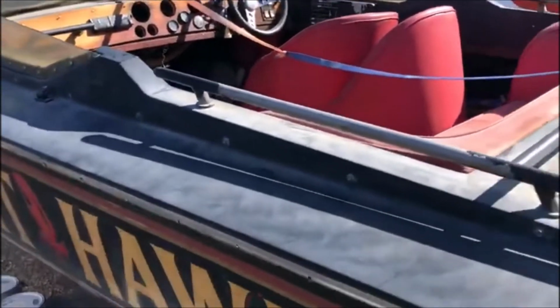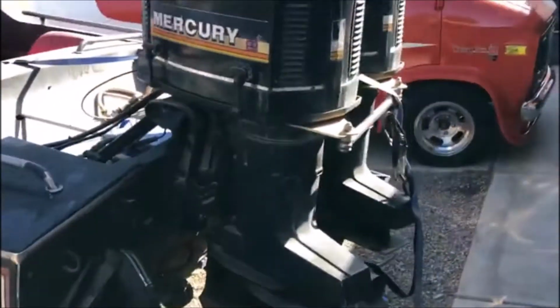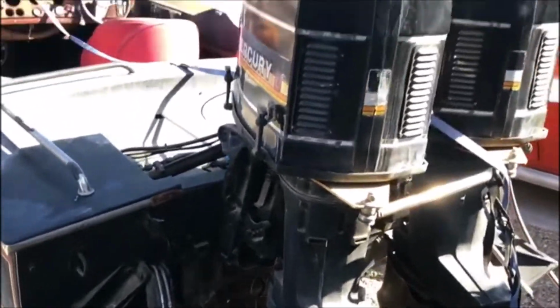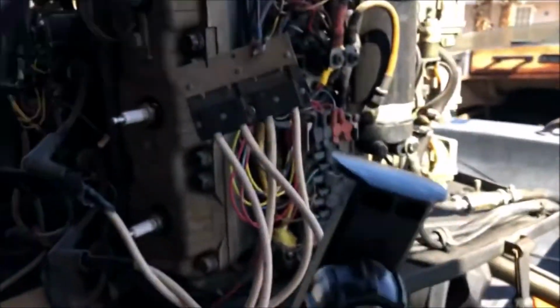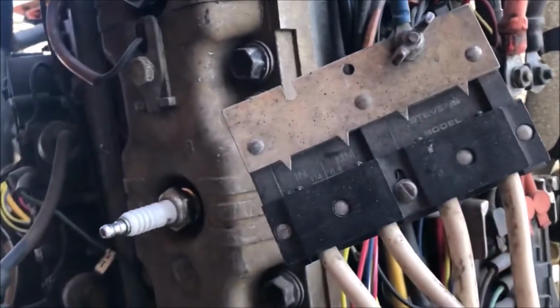So, well, this is it, all in its glory, and we just pulled it around and uncovered it. Well, we're going to be performing a compression test, but I'm hooking up the Mercury style spark tester, so